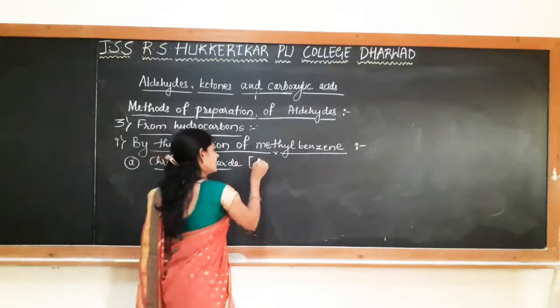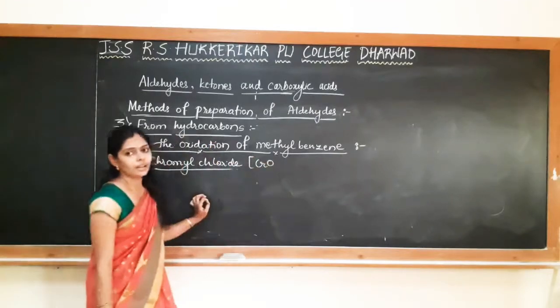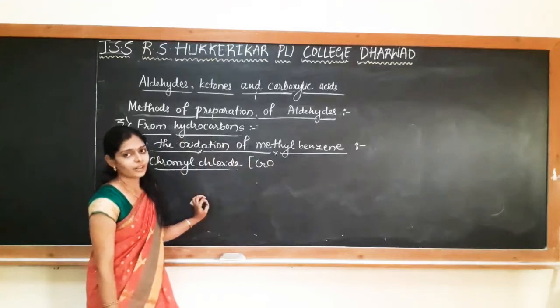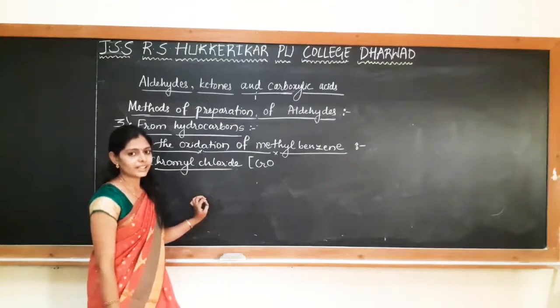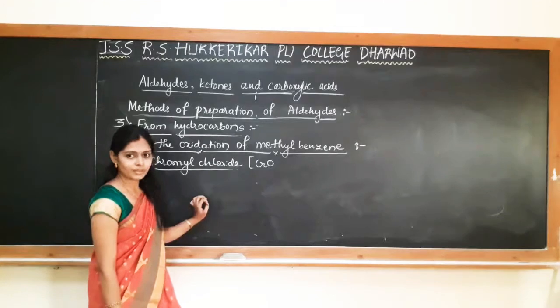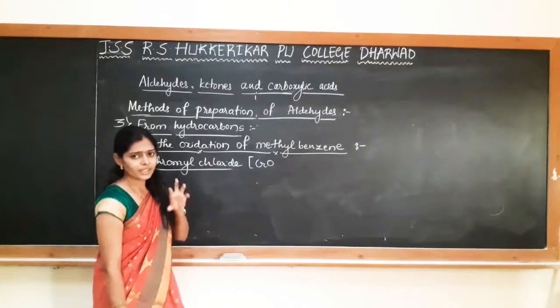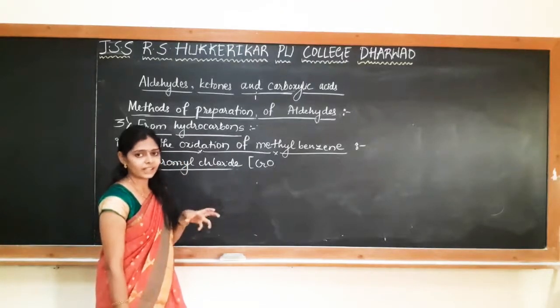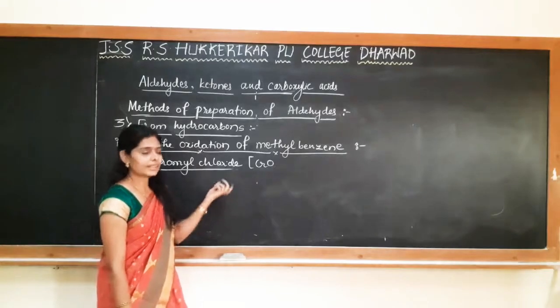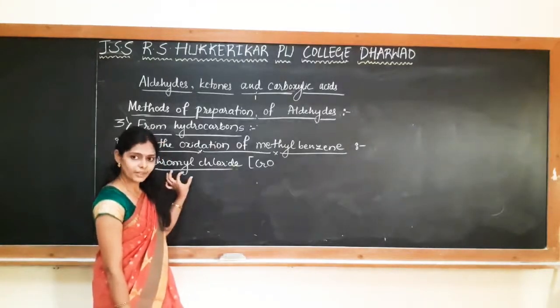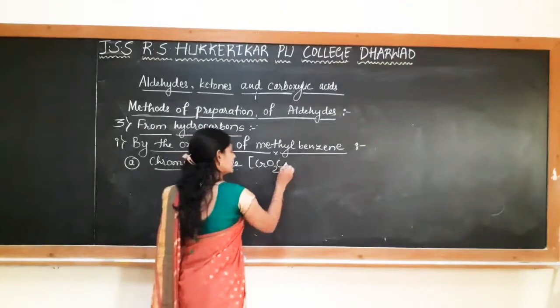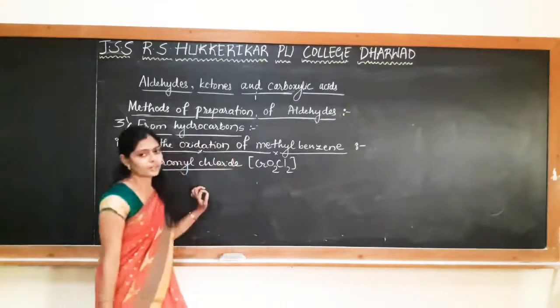So chromyl chloride, you have heard of this in the qualitative analysis of acid radicals, in the salt analysis, the chromyl chloride test for chloride. So you have seen these chromyl chloride vapors, reddish orange vapors, which you get after the addition of potassium dichromate in acid medium to the chloride containing salt. Whatever vapors are released, that is nothing but the chromyl chloride vapors, which has the formula CrO2Cl2. It is a mild oxidizing agent.